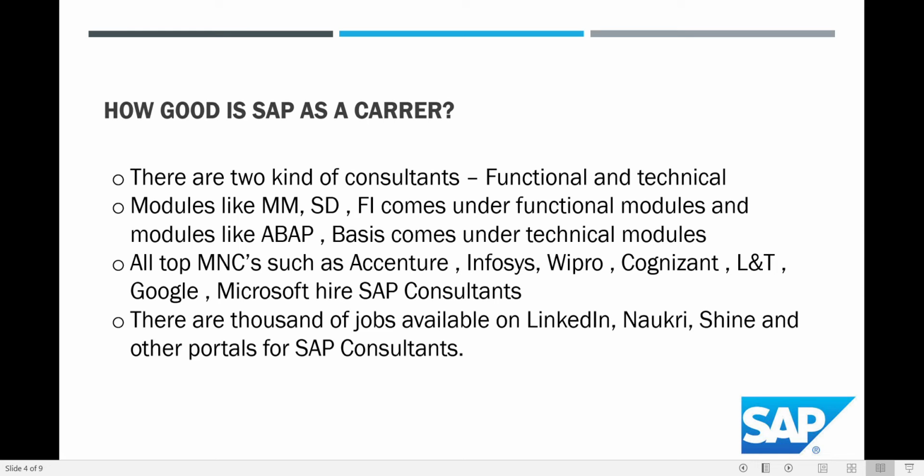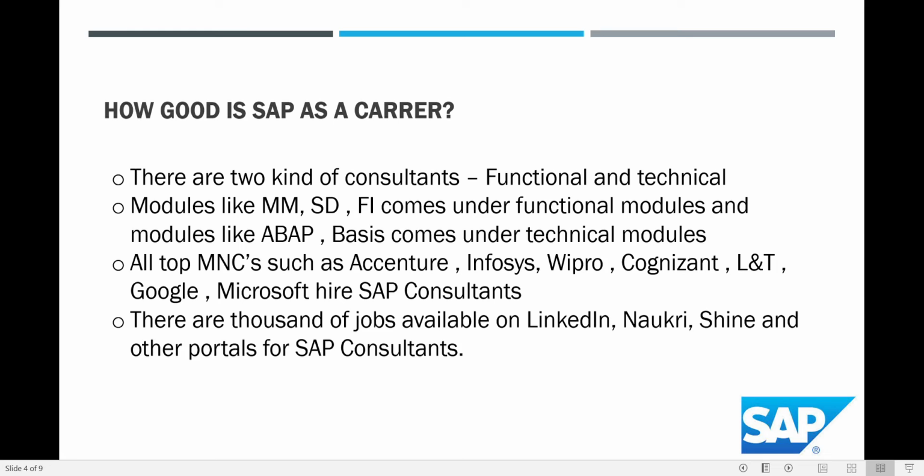That means in the coming time as well, a lot of industries will come into the picture, a lot of industries will upgrade their SAP systems, so there is a need of SAP consultants in abundance. If you have the right information, if you have the right knowledge, definitely SAP is a good to go career to start with.